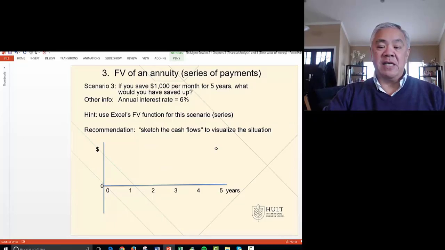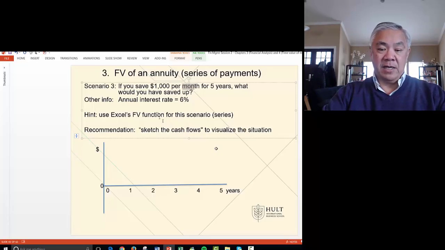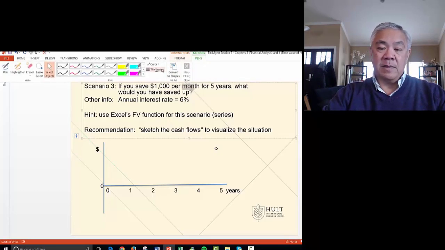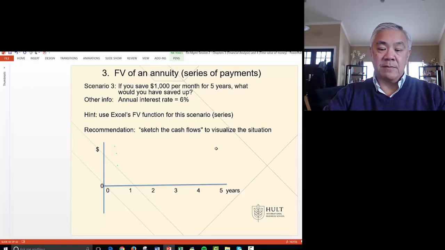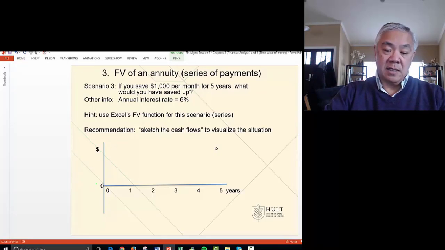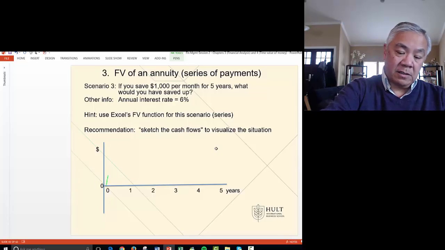Third scenario, if you save $1,000 per month for 5 years, what would you have saved up? The annual interest rate is, again, 6%, and we sketch cash flows. Now, this one's tricky because we've got a lot of cash flows. It's $1,000 per month. So what that means is we will have 1, 2, 3, 4, 5, 6, 7, 8,